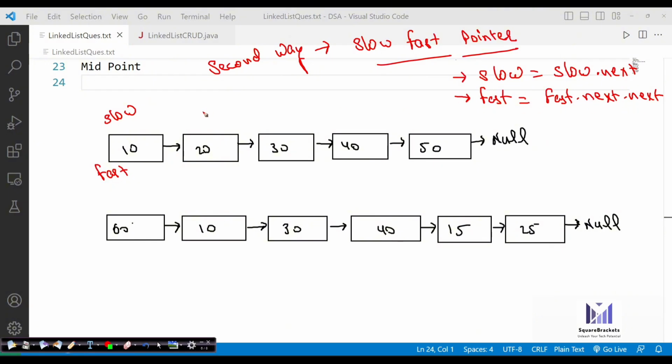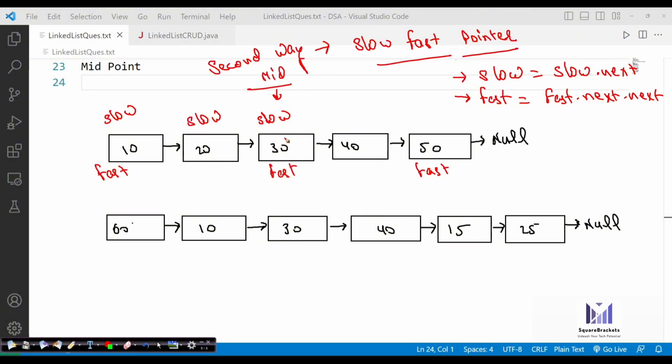It means after the first iteration, slow will be here and fast will be here. After the next iteration, slow will be here and fast will be here. Now, if you look at where exactly your slow pointer is, it is already at the midpoint.